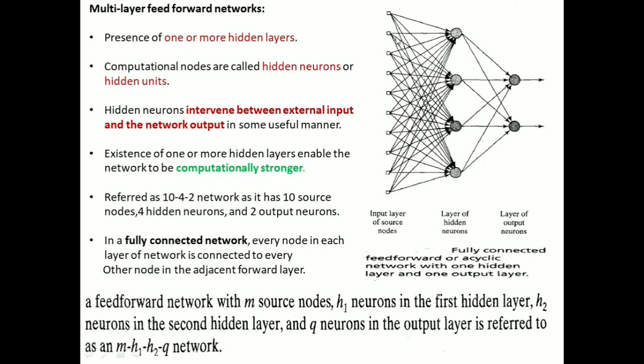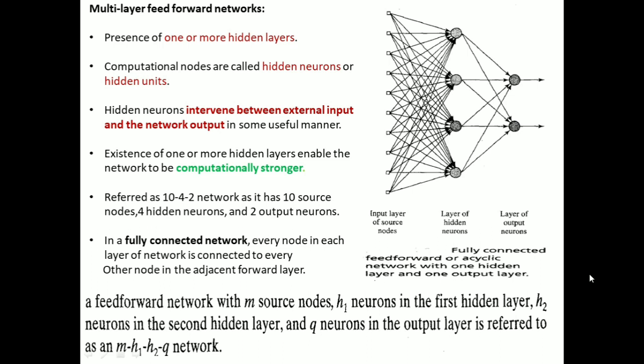So this network is called a fully connected network, because every node in this network is connected to every node in the next layer. See, this is the first layer. In the input layer, this particular node 1 is connected to all the nodes in the next layer, which is nothing but the first hidden layer. Again, in this hidden layer, this particular neuron is connected to every neuron in the next layer, which is nothing but the output layer.